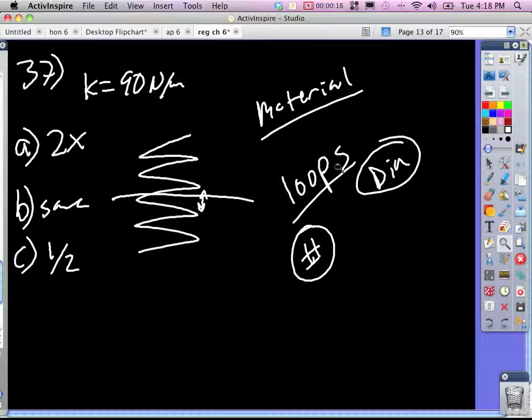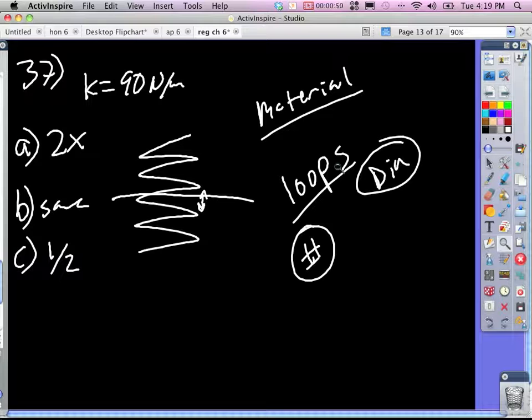If you think about a spring, when you stretch it, each loop has to stretch a certain amount. So it's like the load is distributed over the number of loops. The more loops there are, the less each loop has to stretch to support the load. So if you take a spring and cut it in half, you reduce the number of loops. And if you reduce the number of loops, then each loop has to stretch more